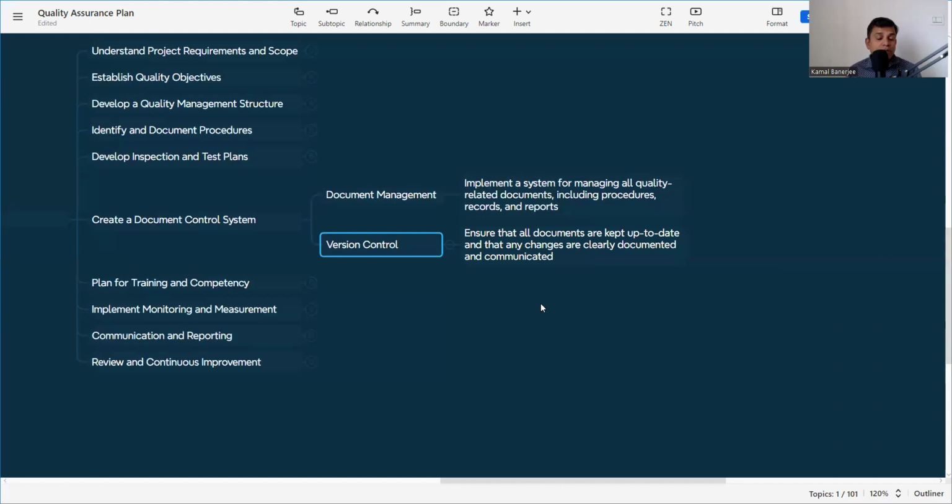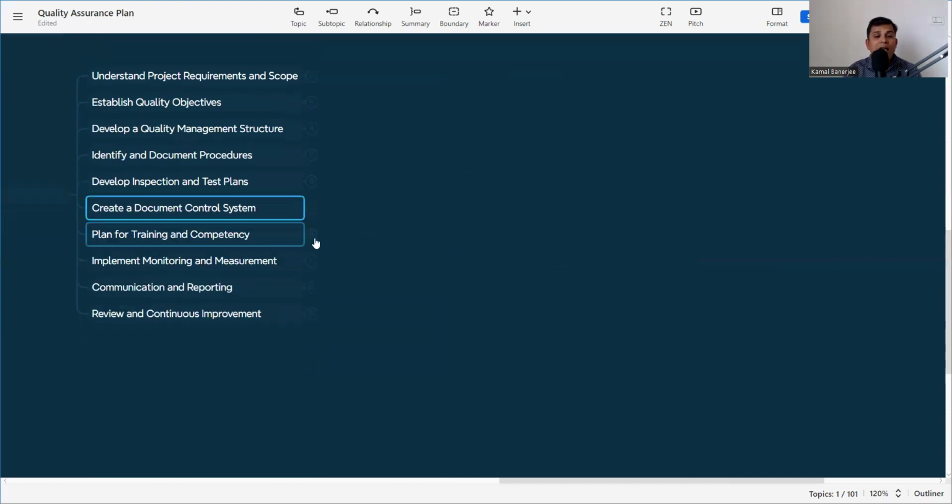Not only GFC, but for the method statement, work inspection, material approval request, whatever the document, it should always be circulated with the revision, and the old one taken back, so that there will be no mismatch and no misconception. So that is, create a document control system. That is also to be mentioned in the quality assurance plan.